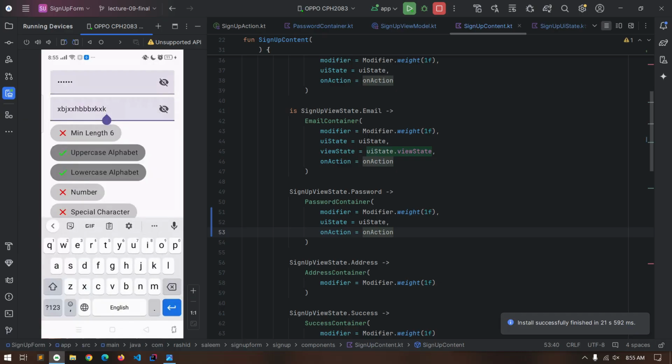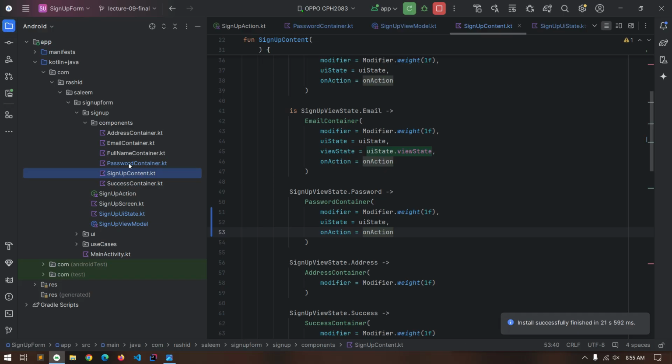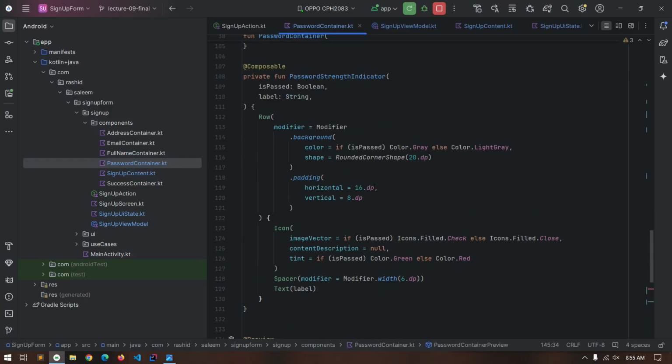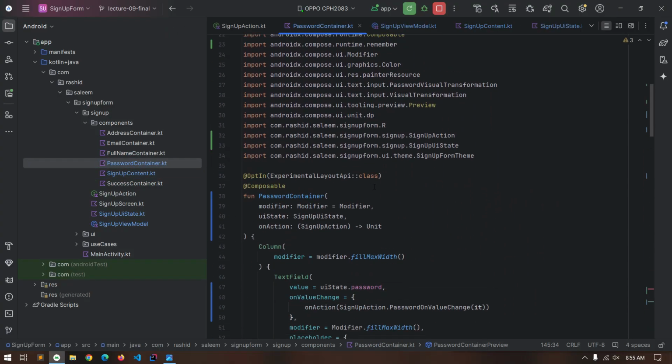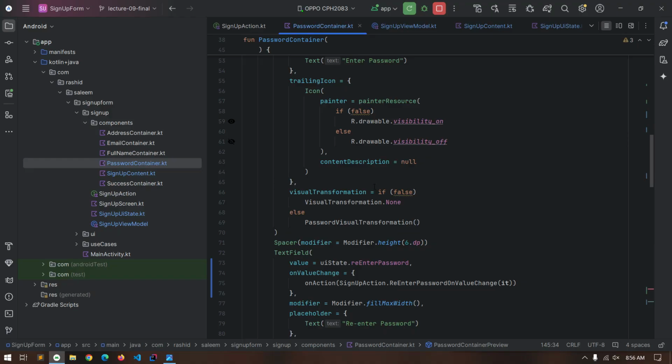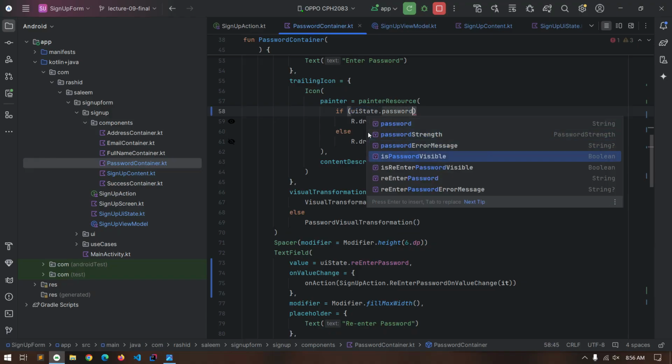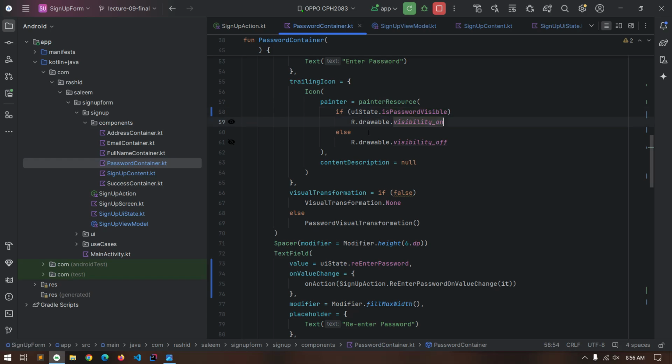So for that, here in our password container, this is the visibility icon which we are showing, and we will change it based on the visibility. So UI state dot password is password visible. If it's true then we show the visibility icon. If it is false then we show the visibility off icon. And